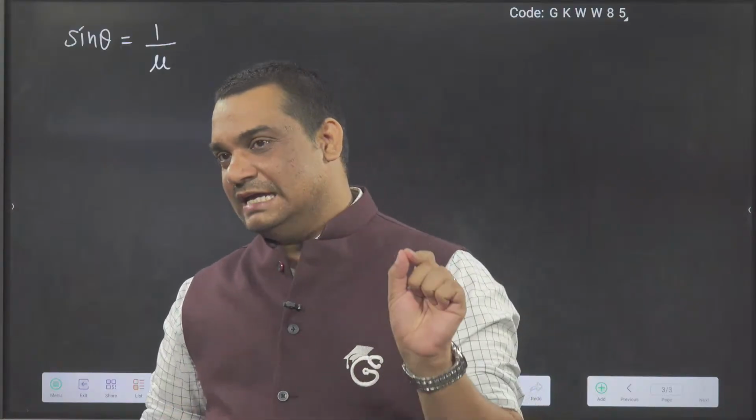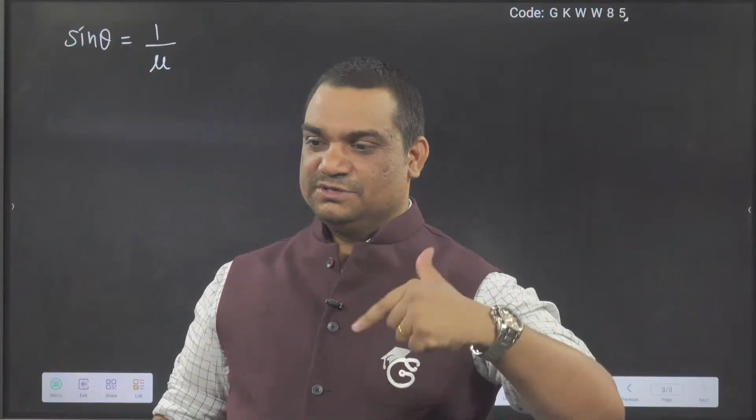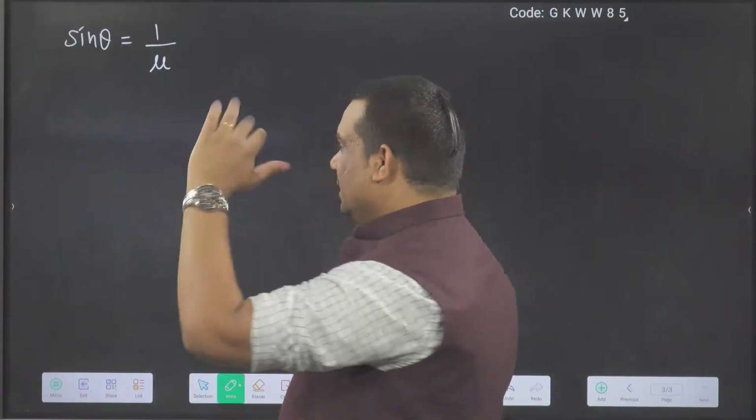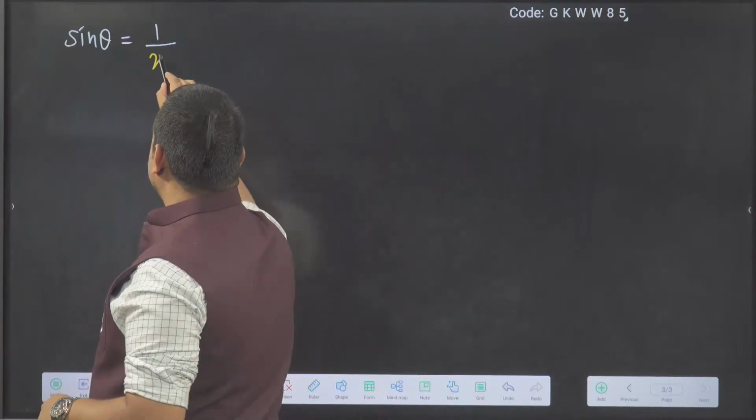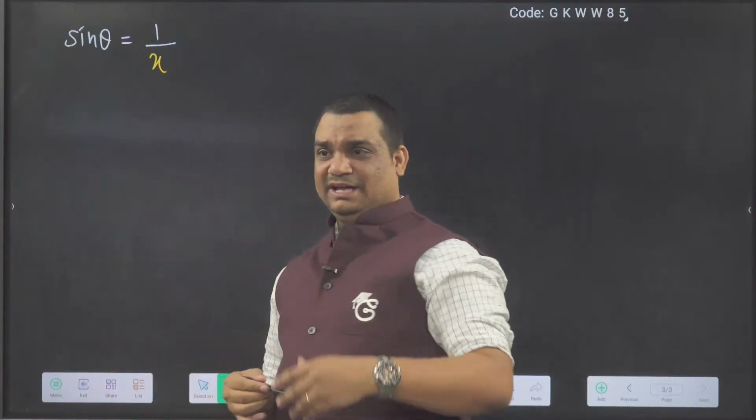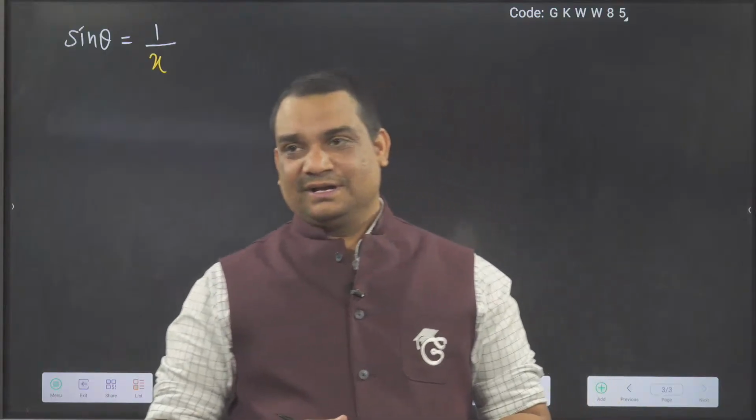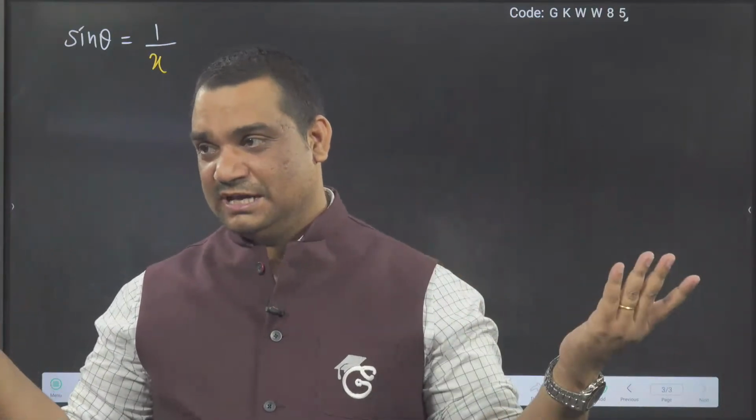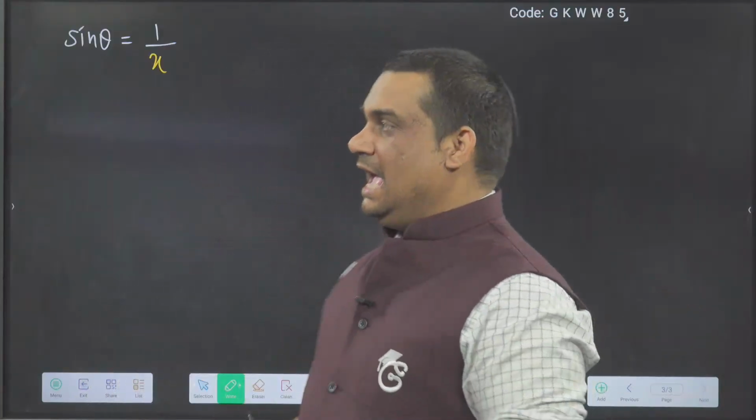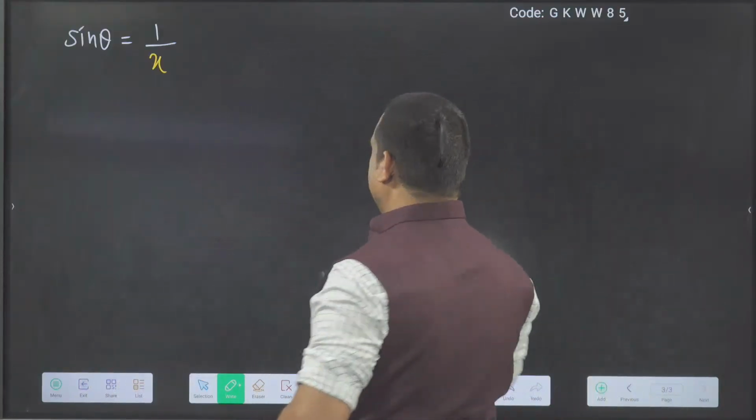So sine theta is 1 by mu, I can use the word x also. Let me ignore this. I will say simply that it is not mu, sine theta is equal to 1 by x. So sine theta is 1 by x, you can consider it as 1 by mu. In this one you have to find,